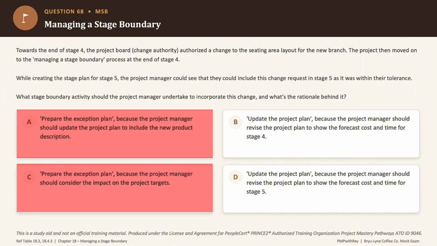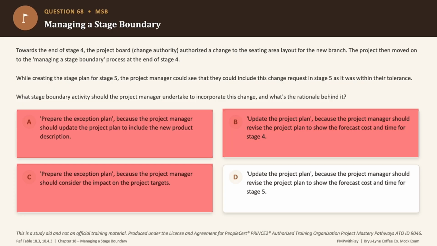Now, moving on to option B and option D, the two update the project plan options. Option B talks about revising the plan to show forecast cost and time for stage 4. But if you really look into the scenario that has been talked here, stage 4 is already finished, right? And for that reason, that is the wrong stage entirely. So option